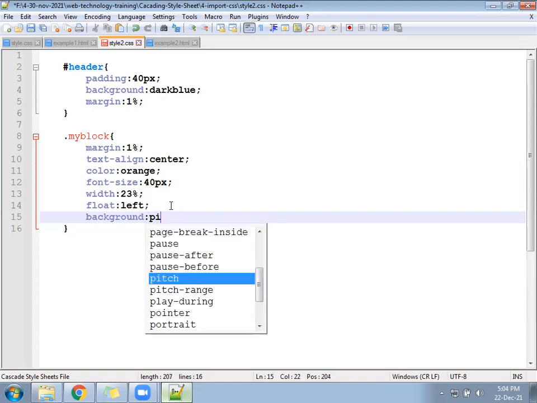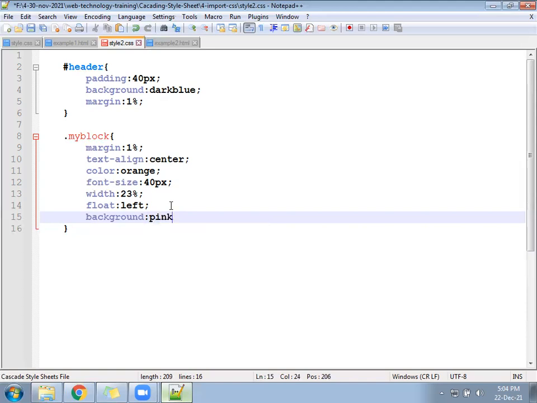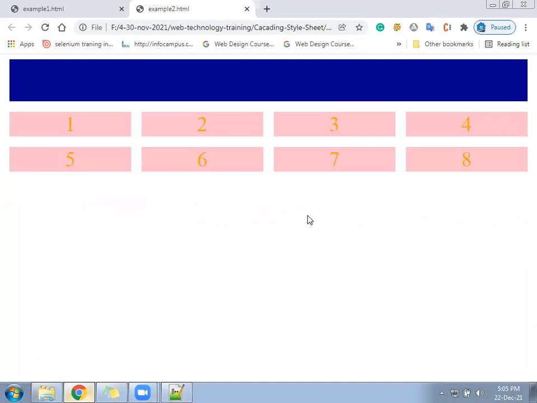Pink. Something like this. We have to increase the height.